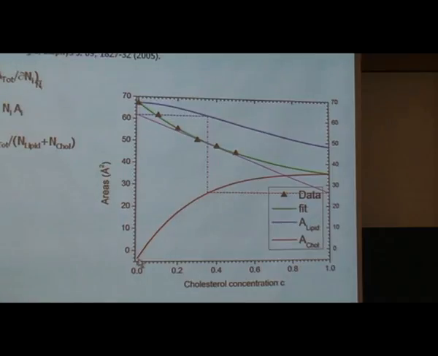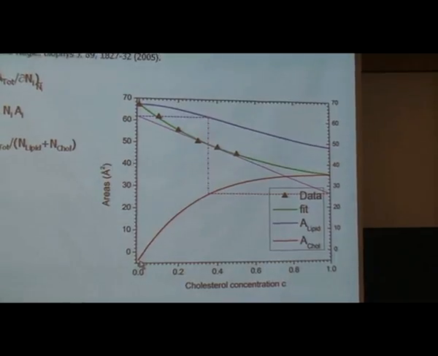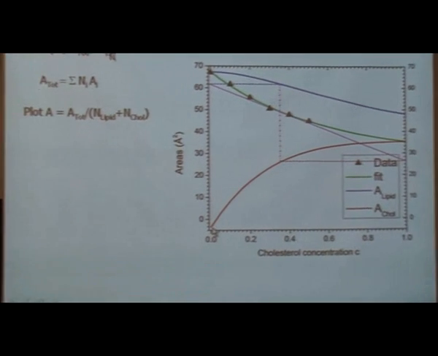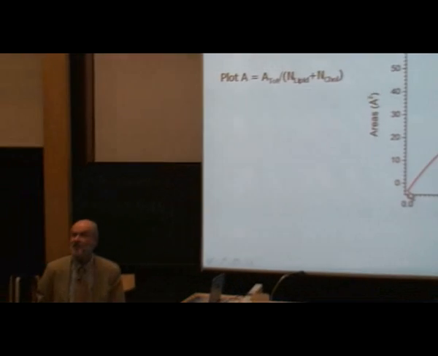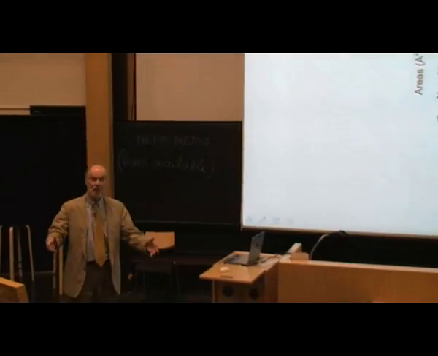The answer is that the cholesterol orders the hydrocarbon chains of the lipids next to it and makes those have smaller area. But when you do it using partial molecular areas, that goes into the cholesterol molecular area. There's a well-known example in volumes. If you take sodium chloride and stick it in the water, the sodium ion will, by electrostriction, draw the water molecules closer to it, and that will actually reduce the volume. So negative partial molecular volumes are well documented.